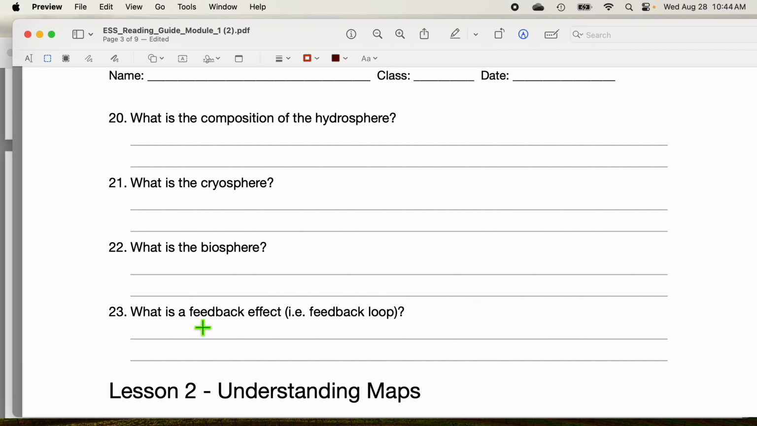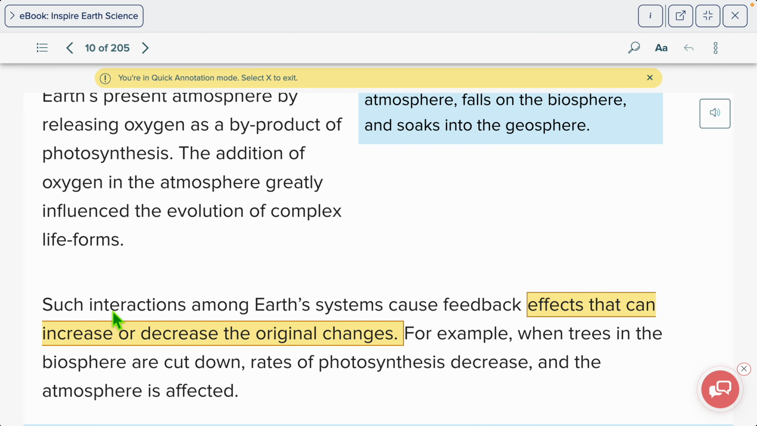The last question we have here, what is a feedback effect or what is a feedback loop? Well, some interactions among Earth's systems cause feedback effects that can increase or decrease the original changes. So in other words, a feedback effect is an effect where